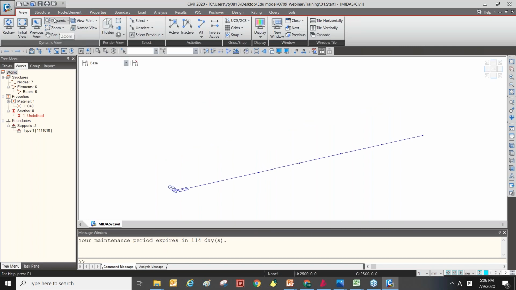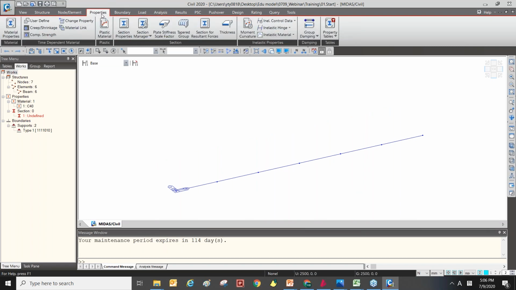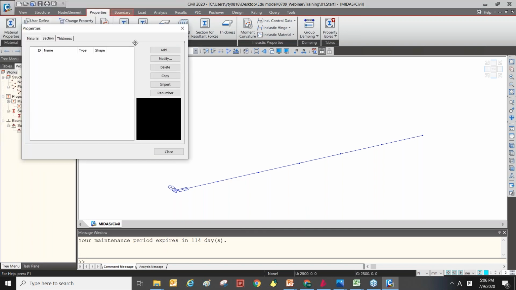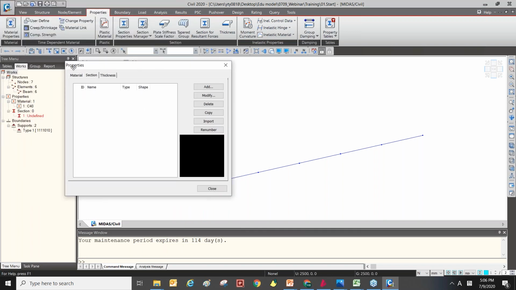To create a section property, you can see the Properties tab here, and in the lower side you can find Section Properties. If you click this, the properties tab will pop up. If you want a new section property, just click the Add button.